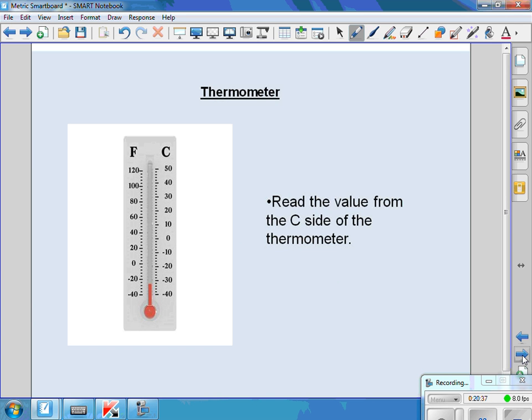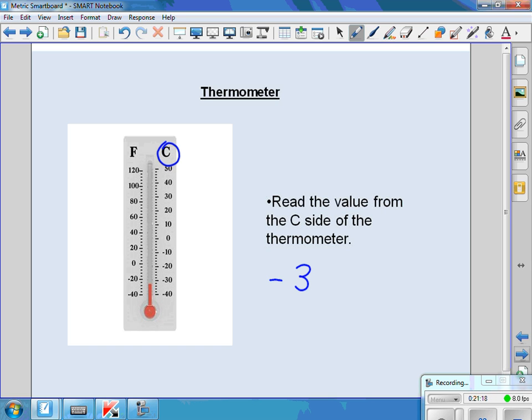The last measurement we're going to look at is temperature. With the metric system, we are using the Celsius side of the thermometer. So when we're reading these in class, please make sure you're using the proper side of the thermometer. And like the ruler, you're looking at the last whole number that you passed, and then estimating to the first decimal. So if I were to look at the thermometer here on the left, again, I'm going to use the right side, which is C, and my value, I have negative